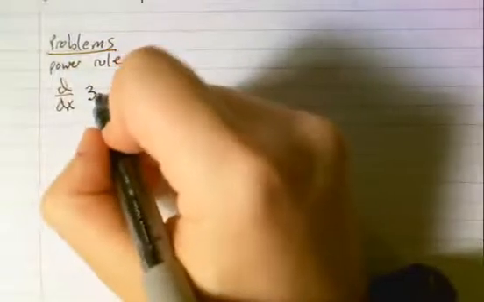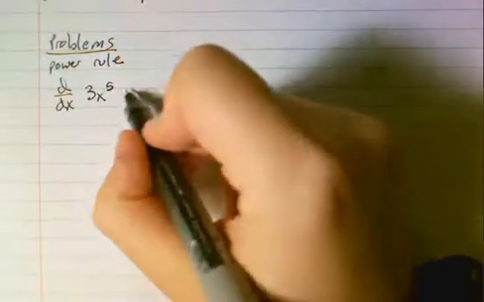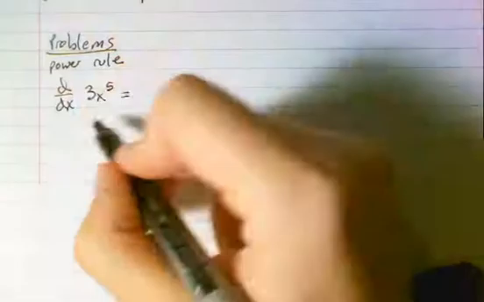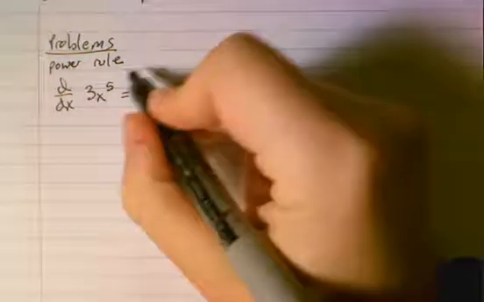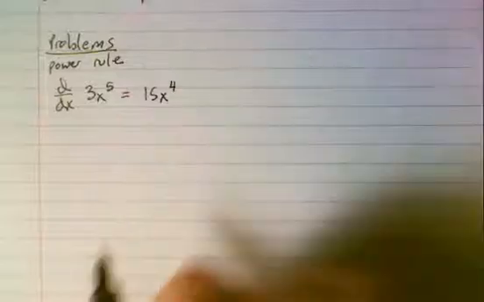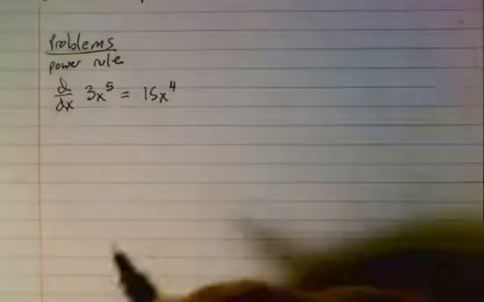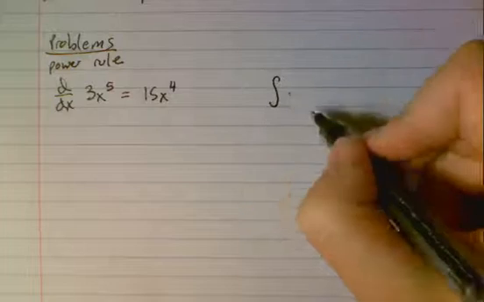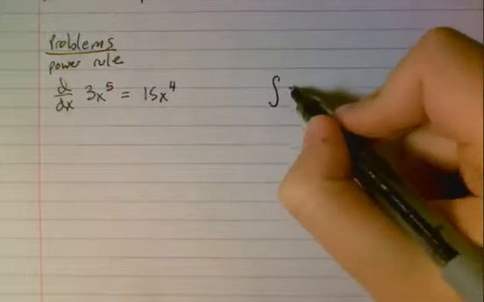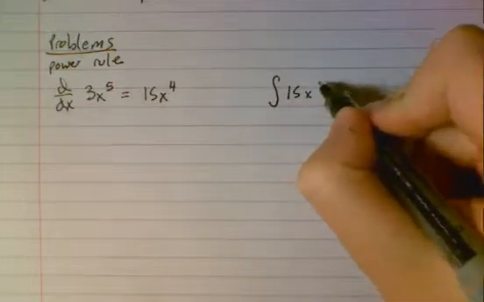So let's do the derivative of 3x to the 5th. Remember, with the derivatives rule, we brought down that 5, so 5 times 3 is 15. Subtracted 1 from the exponent, 15x to the 4th. Now I'm going to do the same idea but going backwards. The antiderivative of 15x to the 4th